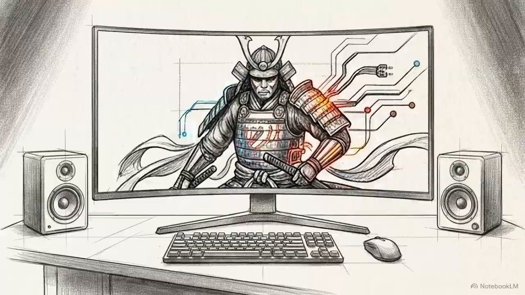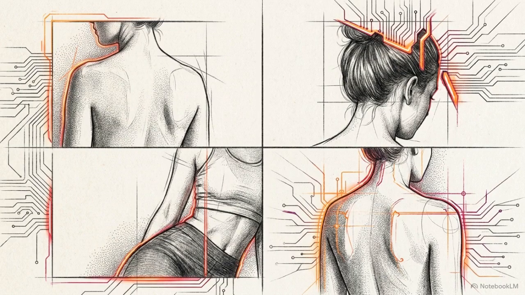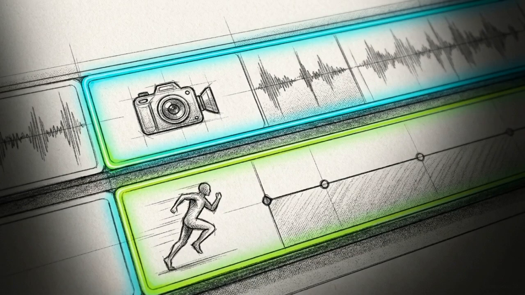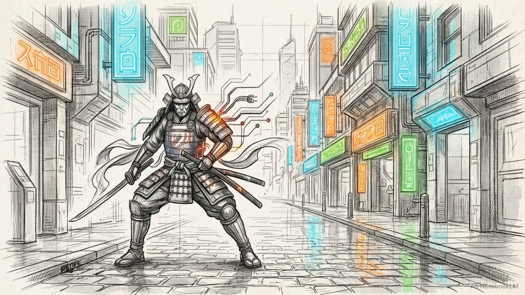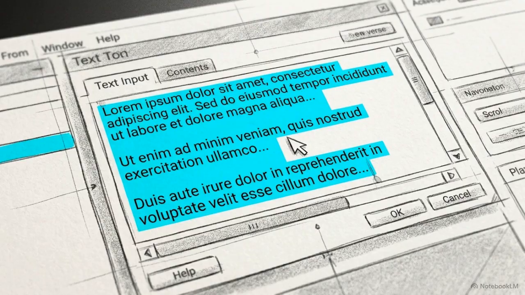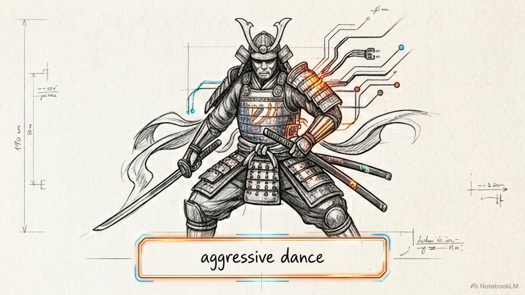Even with a highly capable model, relying entirely on text-to-video leaves you guessing on the initial framing. You have zero control over how the camera positions the subject. We solve that by splitting the workflow. Look at this layout. We use the platform's image generator first to lock in a static, wide composition of our Neon Samurai. Once you have a layout that works, you download that static frame and migrate it directly into the platform's image-to-video module. Now, instead of describing the whole scene from scratch, you upload the image and type a specific action prompt to dictate exactly how you want the subject to move.